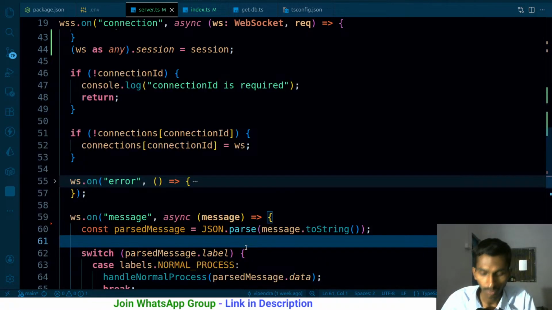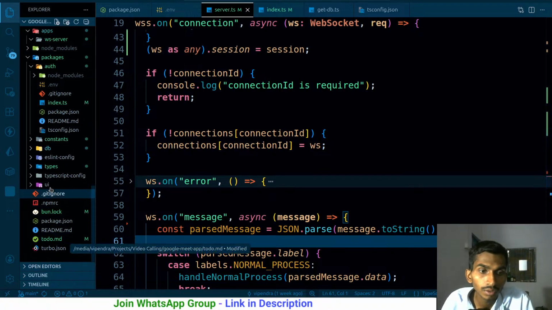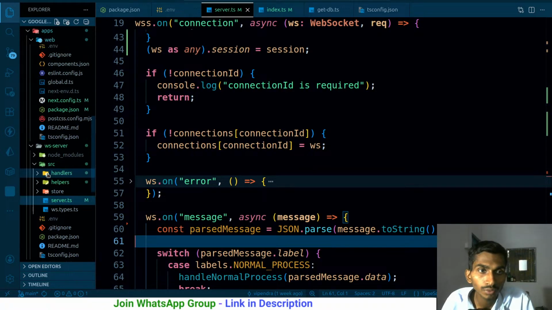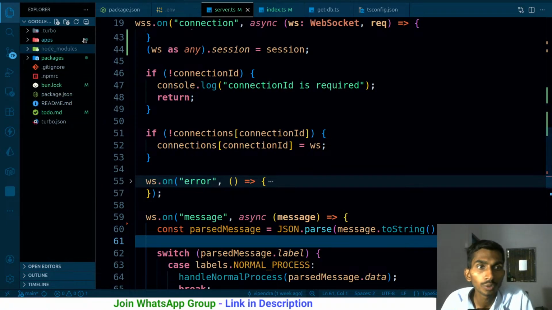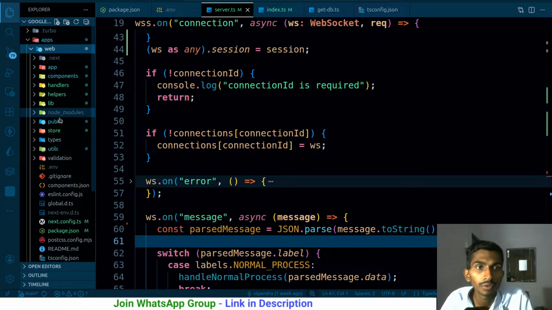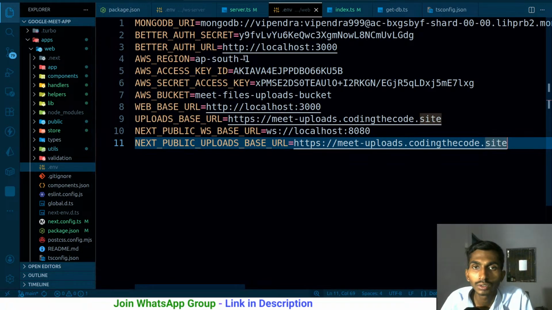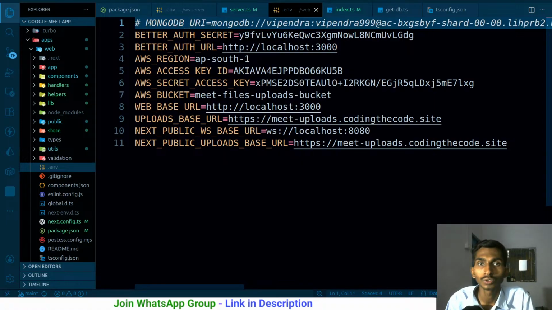Replace it. Replace it in the sense wherever I have this, it actually starts from the top. So let's go to the top. First of all, I have apps. Inside app I have web. Inside web I have this. So I'm not gonna be using this MongoDB URI. Rather,